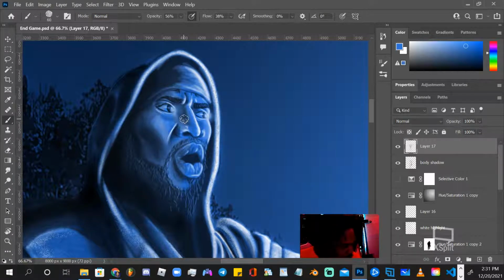Put that color there. We'll pull in a little more of that darkness here. See, there we go. Now we're talking. See, this is what we was looking for.